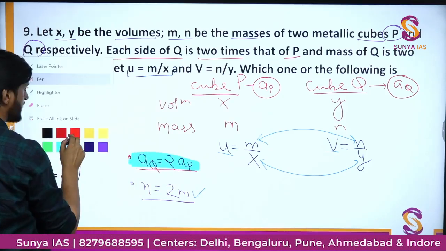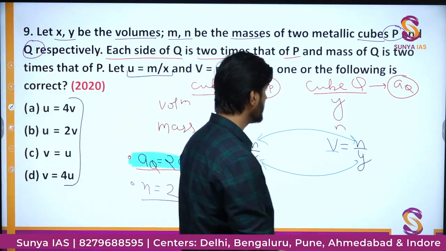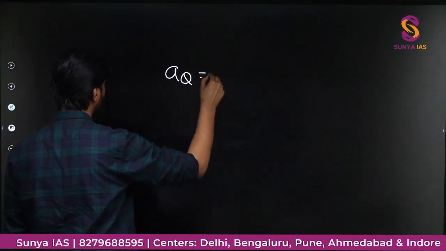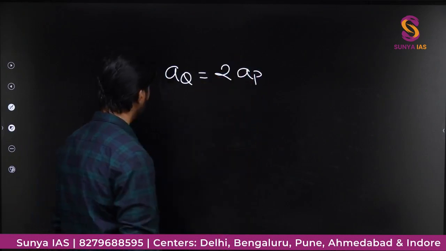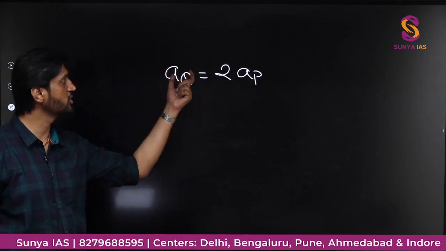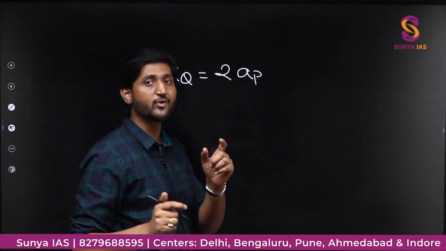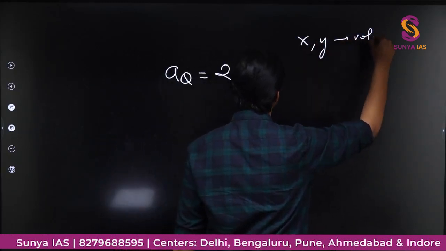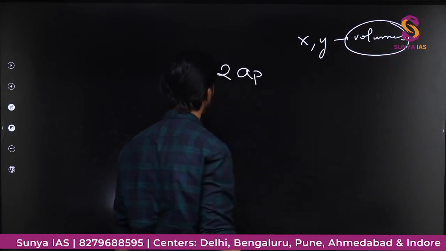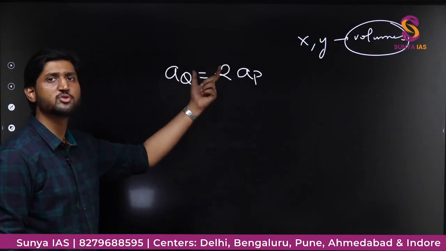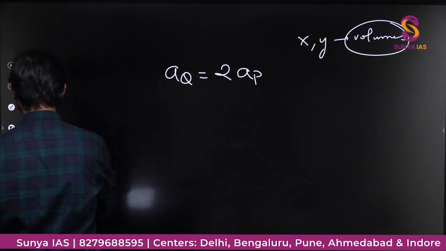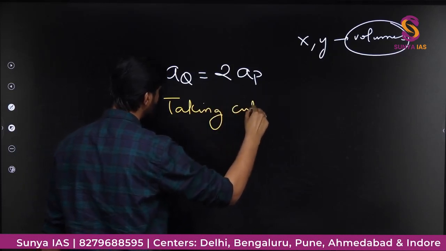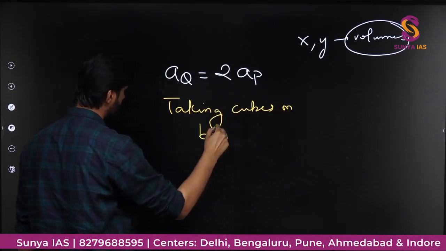So now just pay a little attention. We are given, let me use the blackboard, we are given that AQ is nothing but 2 times AP. This is the relation of sides of cube Q and cube P. Now what we want to do is to find the relation between the volumes, since X and Y are what? They are volumes. So in order to get the volumes, what we do here is simply take the cubes of both these values. So when we take cubes on both sides,